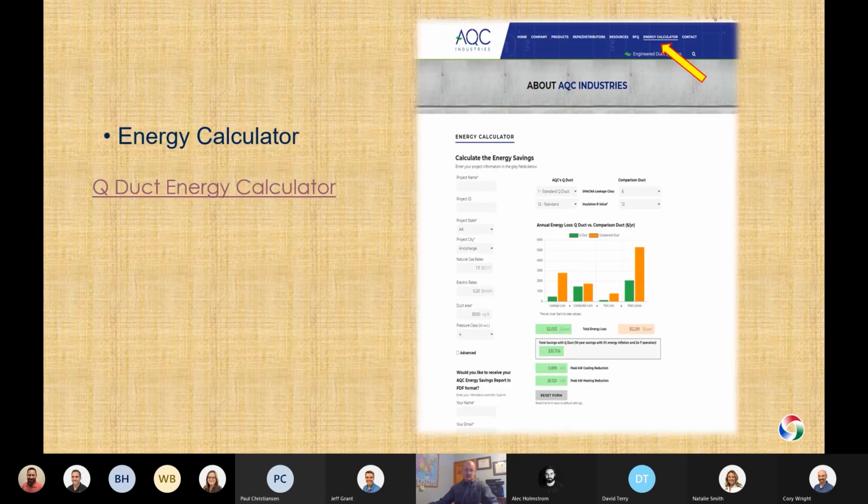And AQC on our website has an energy calculator. And with this calculator, we're able to help you not only determine what that value is going to be, but to also determine the kilowatts that can be saved if you're looking for energy rebates from your utilities providers. So anyone can go to our website, click on this energy calculator,